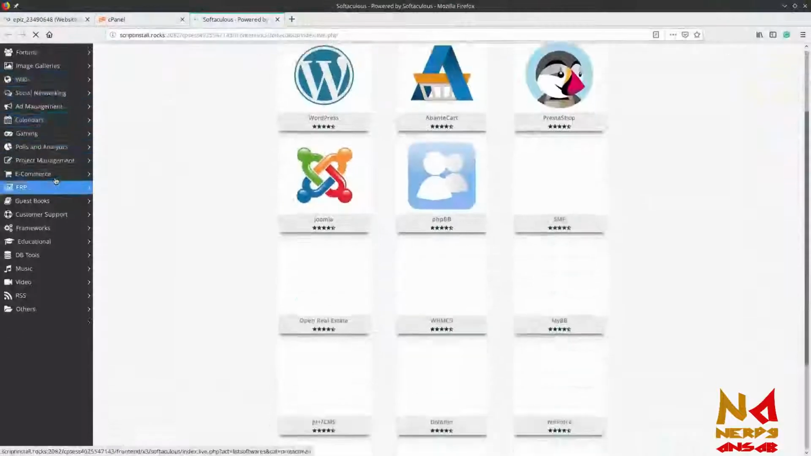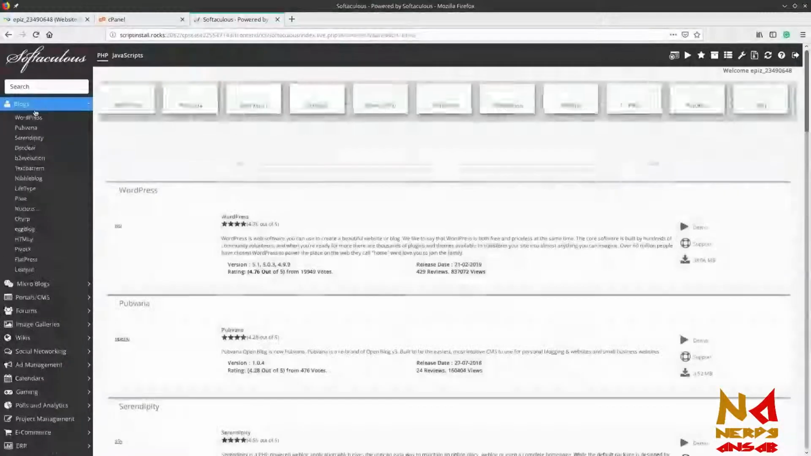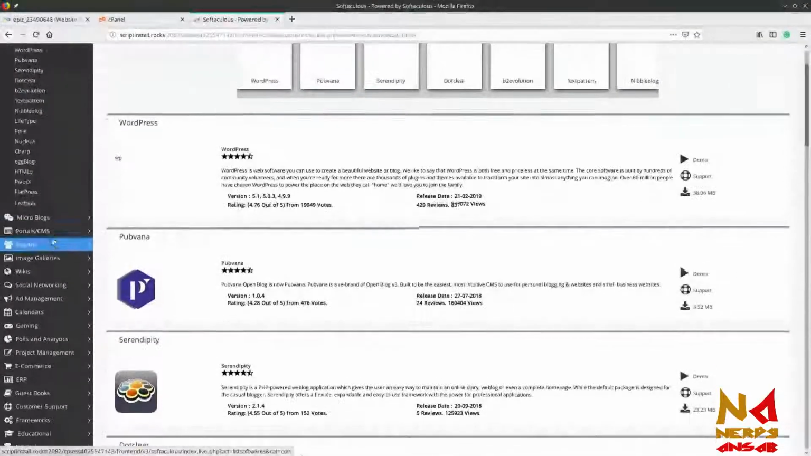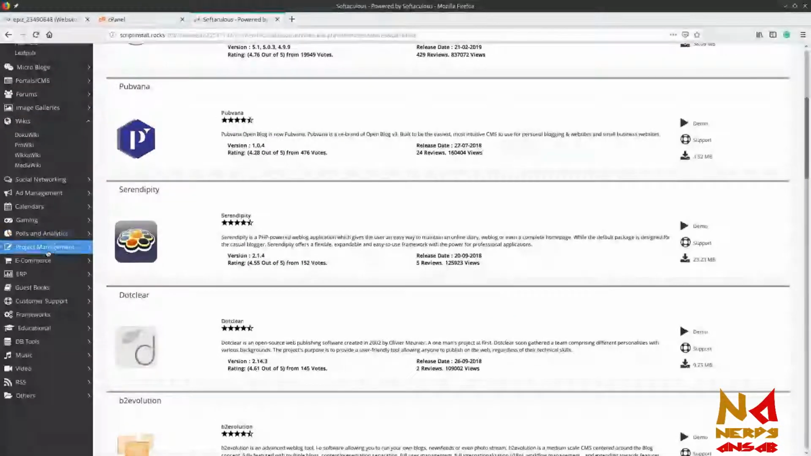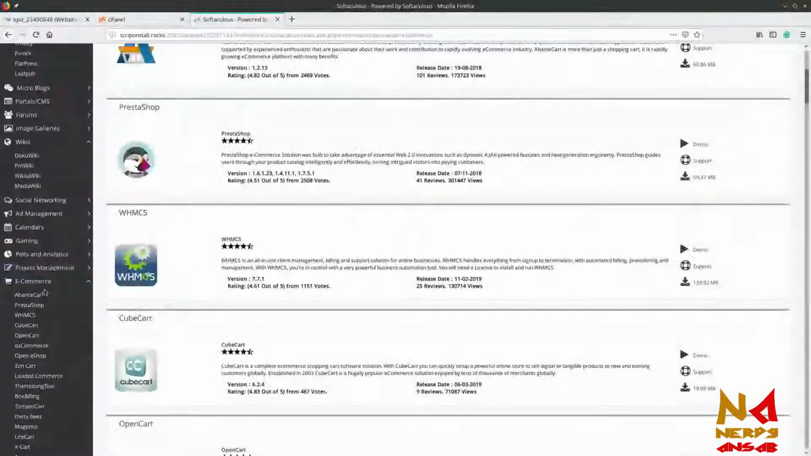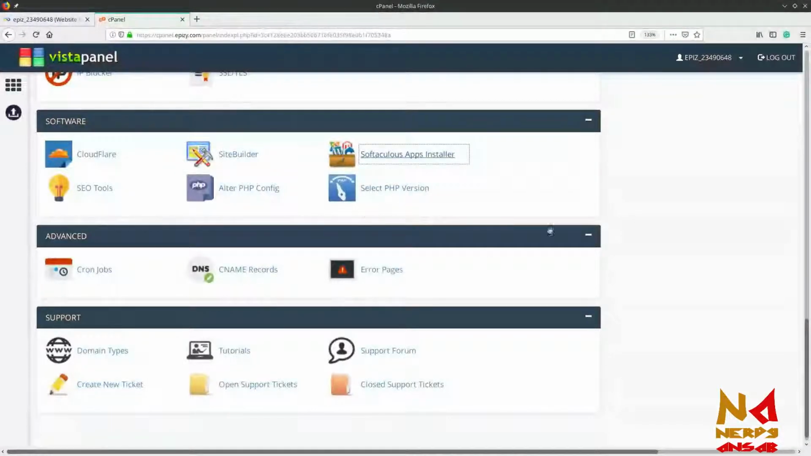You can see there are a huge number of applications available, categories are available, and in each category there are various applications. So in blogs you have WordPress, and you can see there are many wikis, so you can create your own wiki. And for e-commerce, you can create an e-commerce site using this software. So it is very easy instead of creating your website from scratch. And this is Site Builder, which you can use to create a simple site for yourself. These are SEO tools which you can use if you are going to make something advanced. And this is Cloudflare,